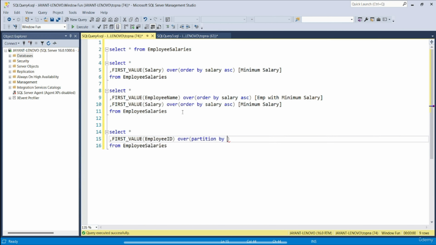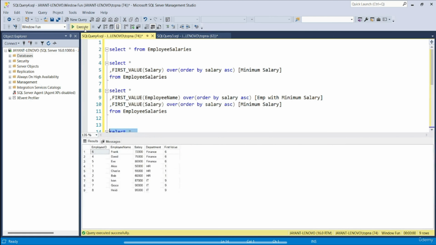So over partition by, we will have to mention the department column. And then we may say order by salary, let's say ascending. Since it is ascending, there is no need to mention ASC. And now let's give this column a name. So let's name it first value. If I now execute the code written from line 14 to 16,